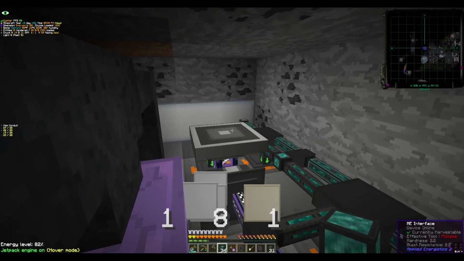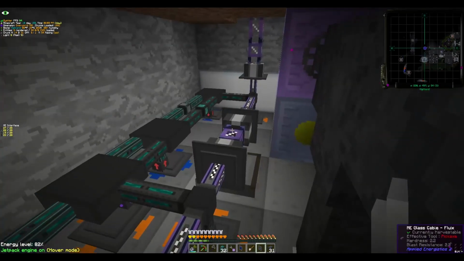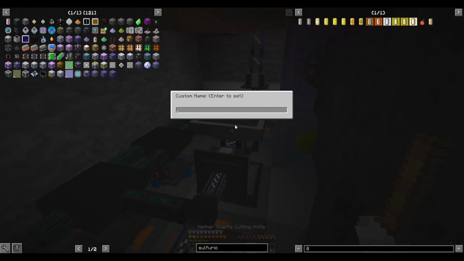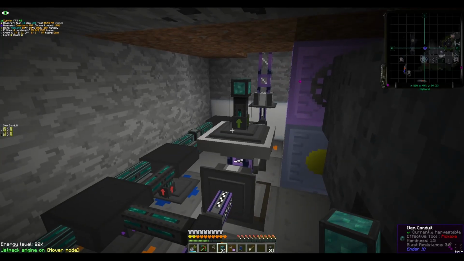I think. Now we attach an item conduit to here, extract on lime, always active, and connect. Next will be another interface, this time named circuit board's input. We'll load both of these recipes into this interface, attach an item conduit,